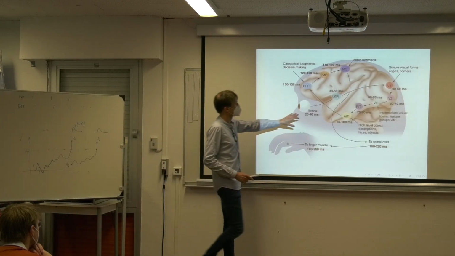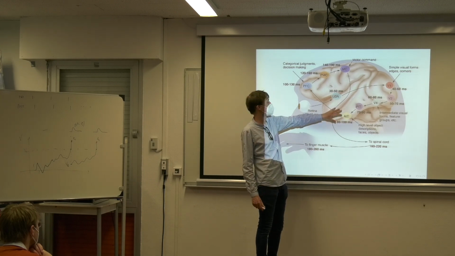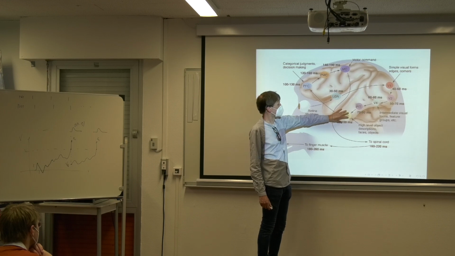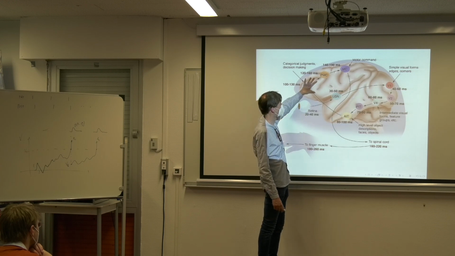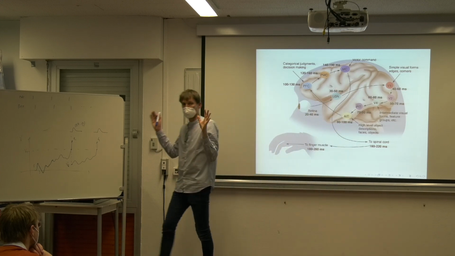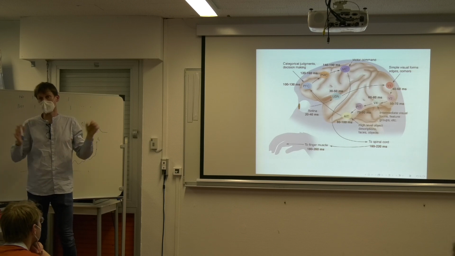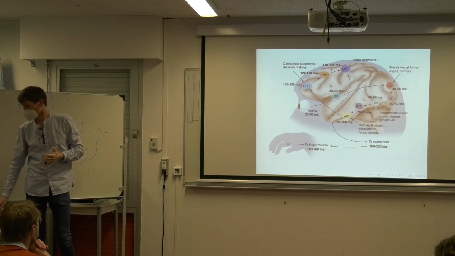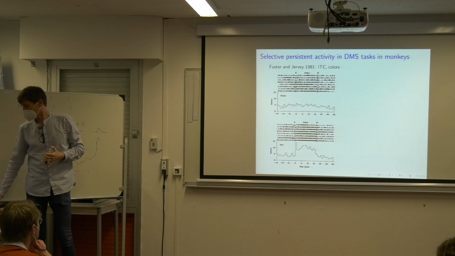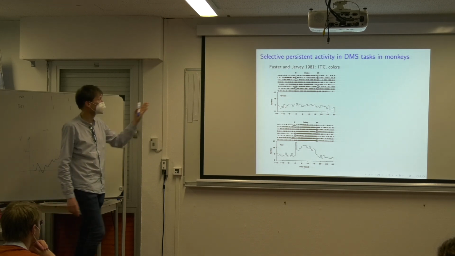Experiments have shown that you have neurons that might be involved in maintaining the information about the stimulus in many cortical areas, actually, including IT cortex, prefrontal cortex, also some areas in parietal cortex. Okay. So it's by no means located in a specific cortical area. It seems to be a widespread cortical phenomenon. And just to show a few examples, this is actually the first experiment by